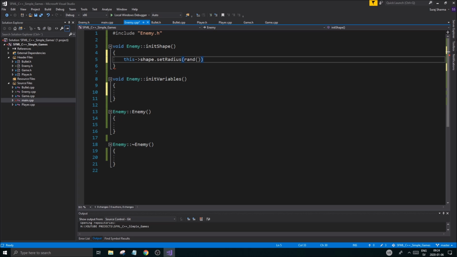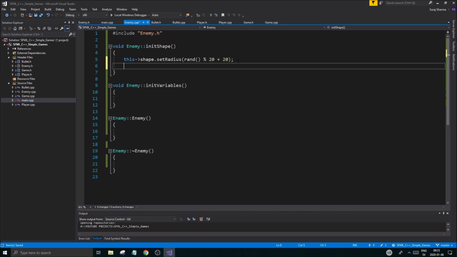let's see, where is it? There we go. So what could we do? Let's do 50-50. 100 might be too big. 20 plus 20. All right, so it's gonna take 20 and then it's gonna add 20 to that. Should be fine. And then we're also gonna set